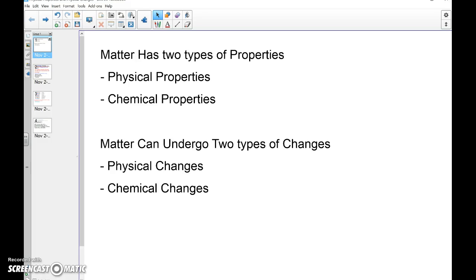All right, ladies and gentlemen, for this video, we're actually going to take a look at some of the properties that matter has. So you can see here on the screen, there are two types of properties that matter has. Now, I want to take this opportunity to remind you that matter